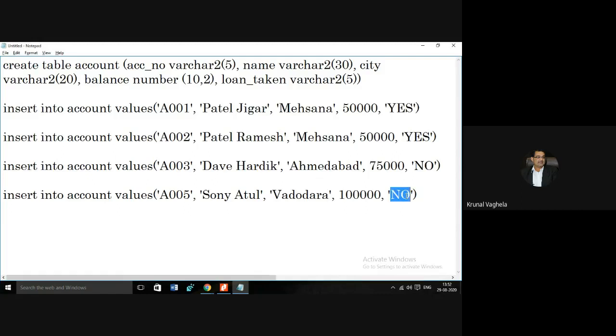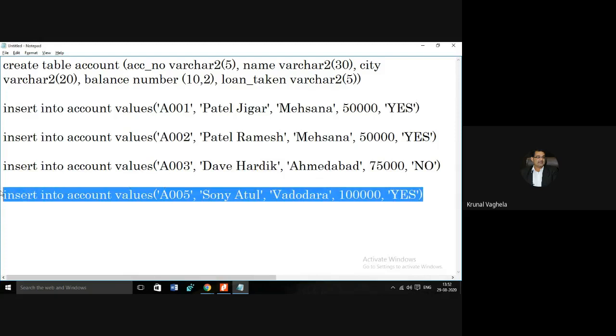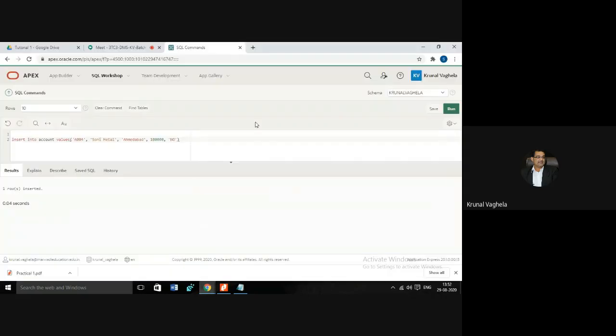Loan taken, yes. Control C. Clear. Control V. Insert. So we have inserted all.